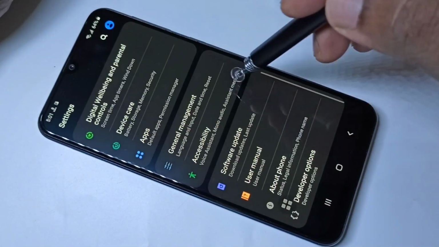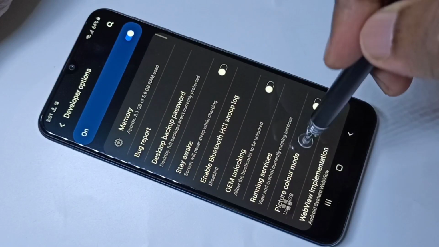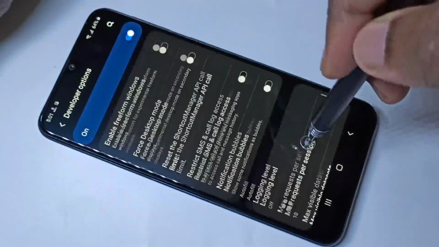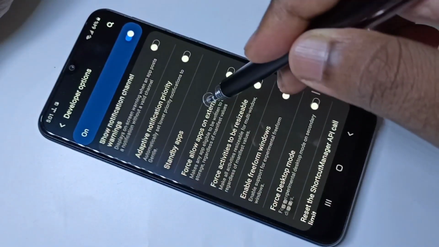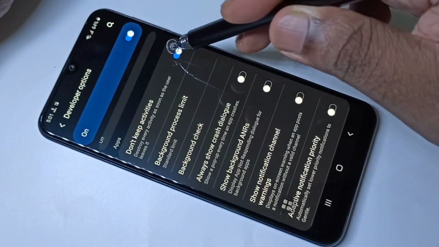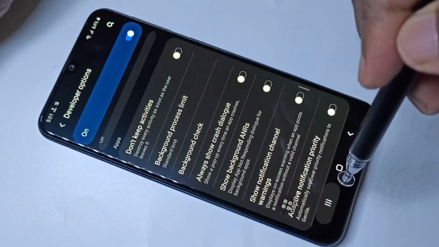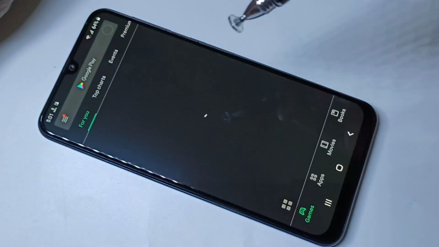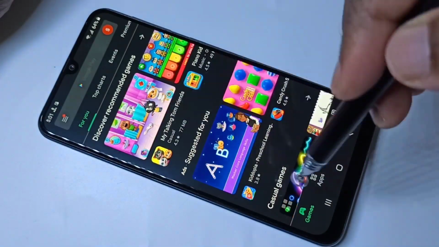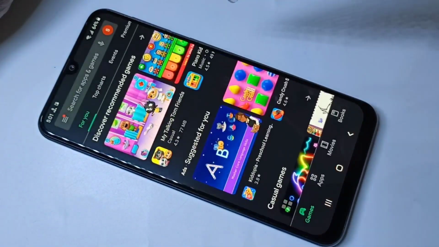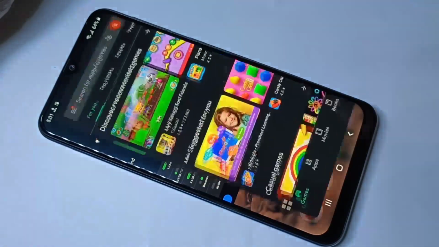Let me disable it and see. Then you will be able to find the difference. I am going to disable this. After that, let me go to see. Now it will not reload. See, there is no reload.